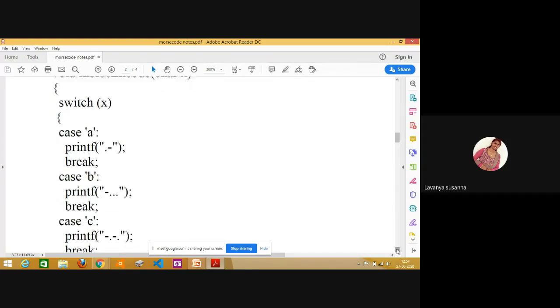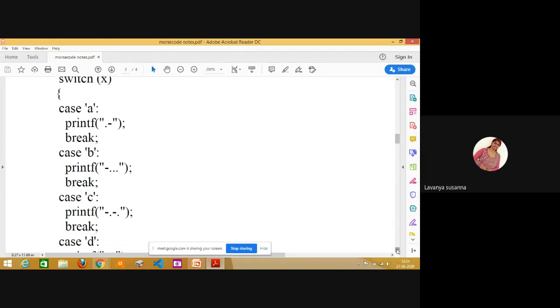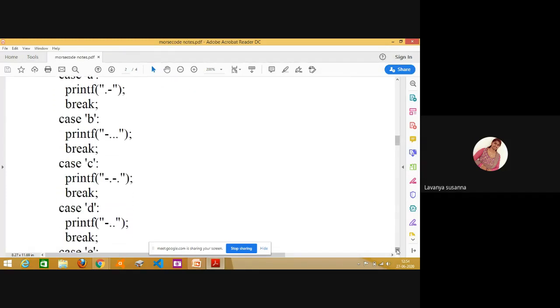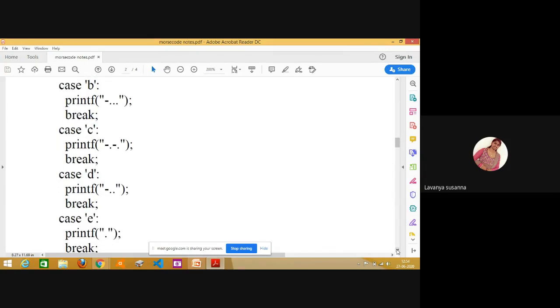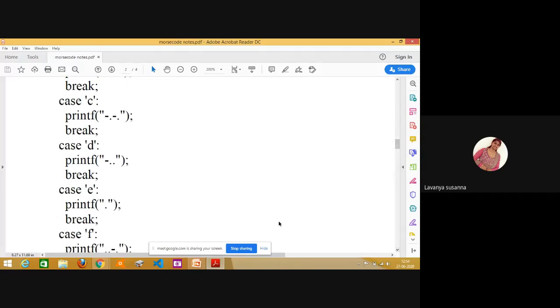E is compared with A, it is not equal. E is compared with B, not equal. With C, not equal. With D, not equal. Then E is equal to E at this case, so these statements will be executed.